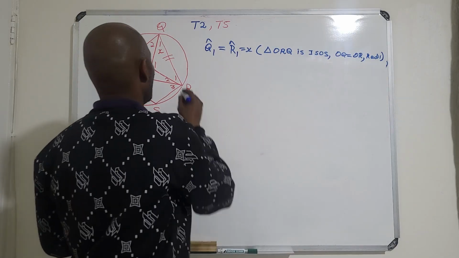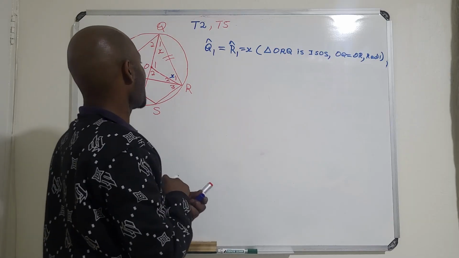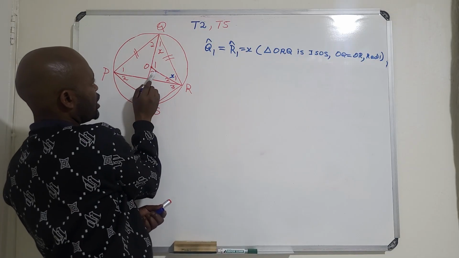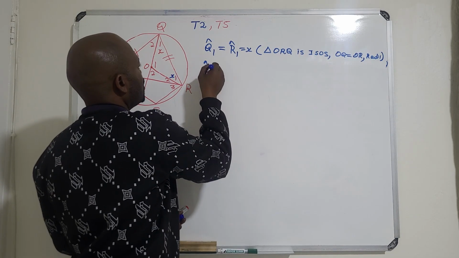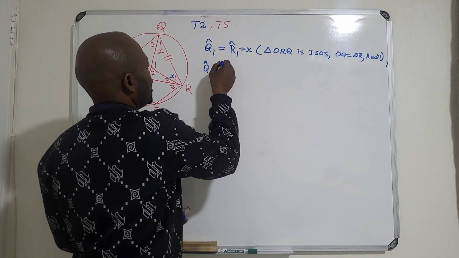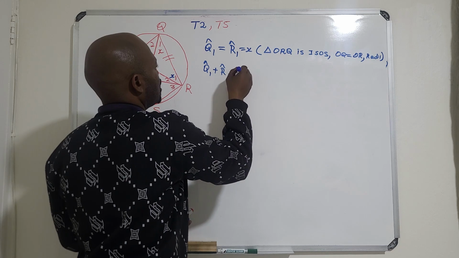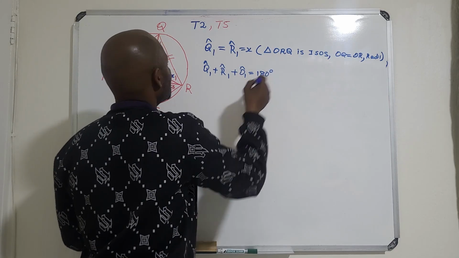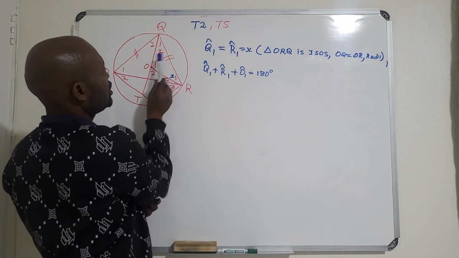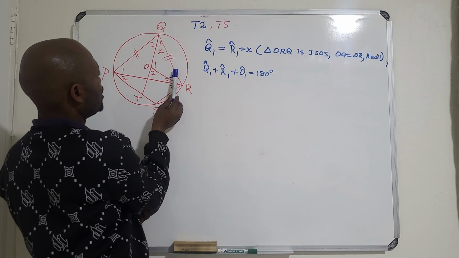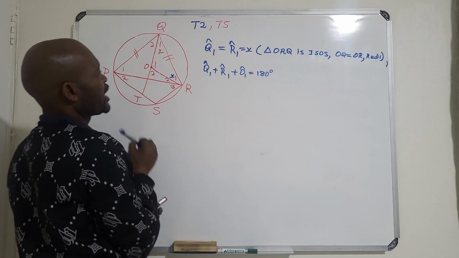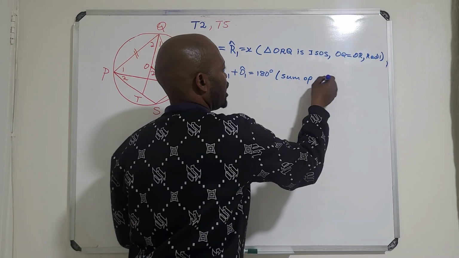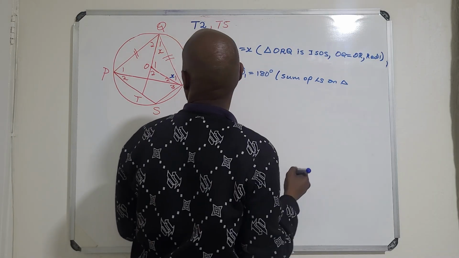Now we know that this angle here is x. Now we can find this angle here, O1. Angle Q1 plus angle R1 plus angle O1 is equal to 180 degrees. Why is that? This angle, which is angle Q, plus this angle plus that angle add up to 180. Sum of angles in triangle